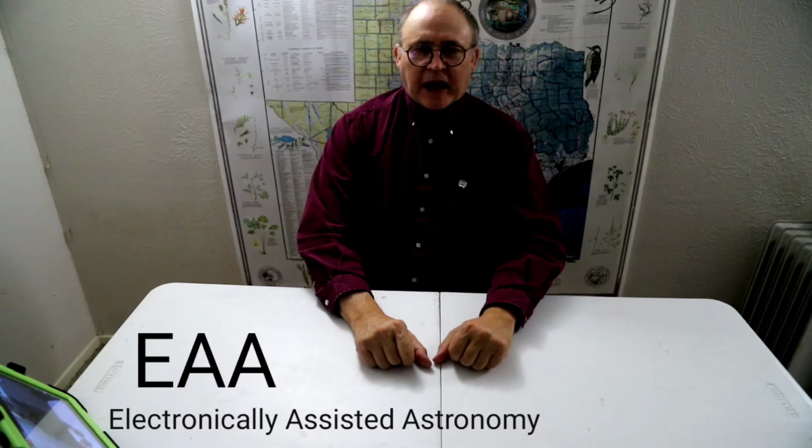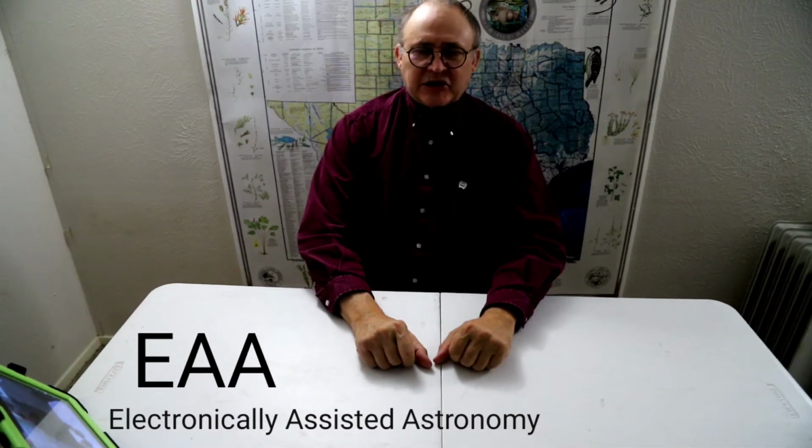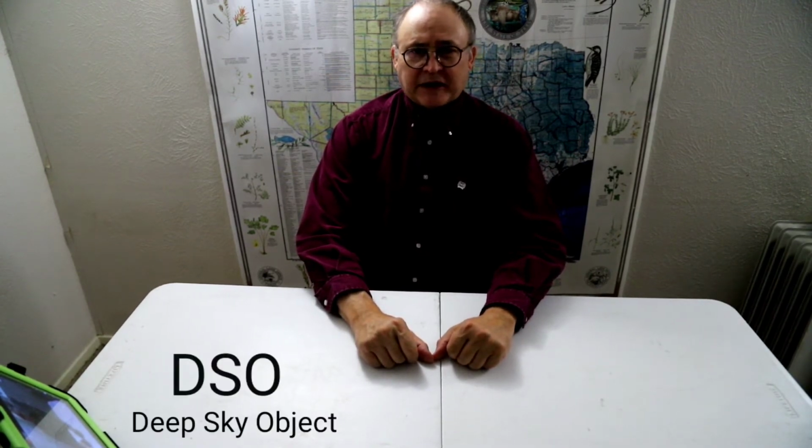I'm going to kick off this series discussing astronomy for a while, and specifically EAA, which stands for Electronically Assisted Astronomy. I have been doing this since the early days when we first discovered that the old external webcams could be modified to adapt to a telescope. Now, they were mostly good for bright things like the moon, some brighter stars, maybe some very, very bright DSOs. You would see a little bit of the Orion Nebula. Very